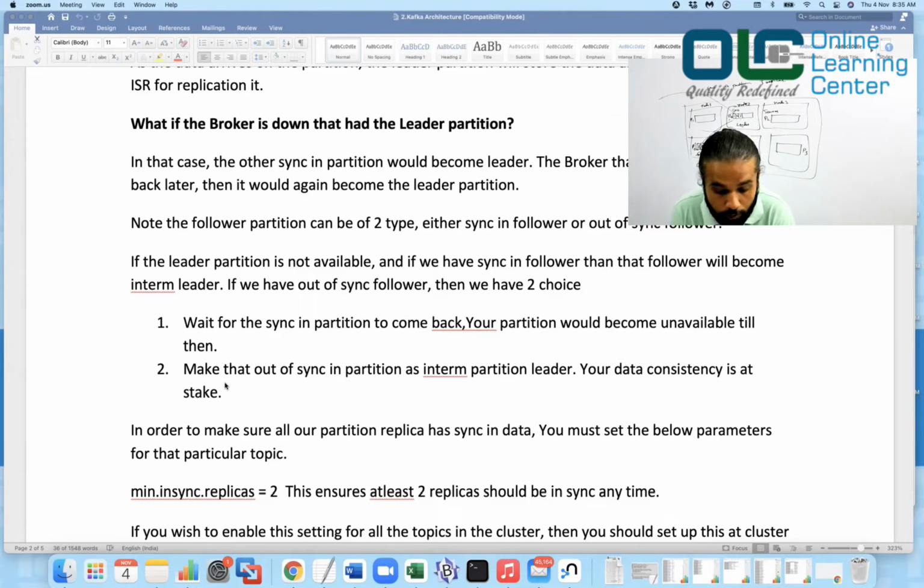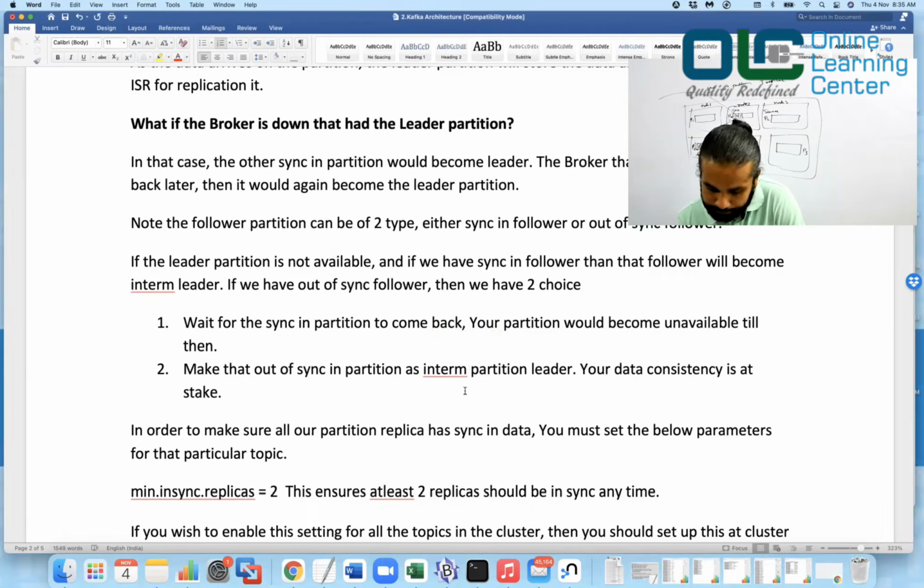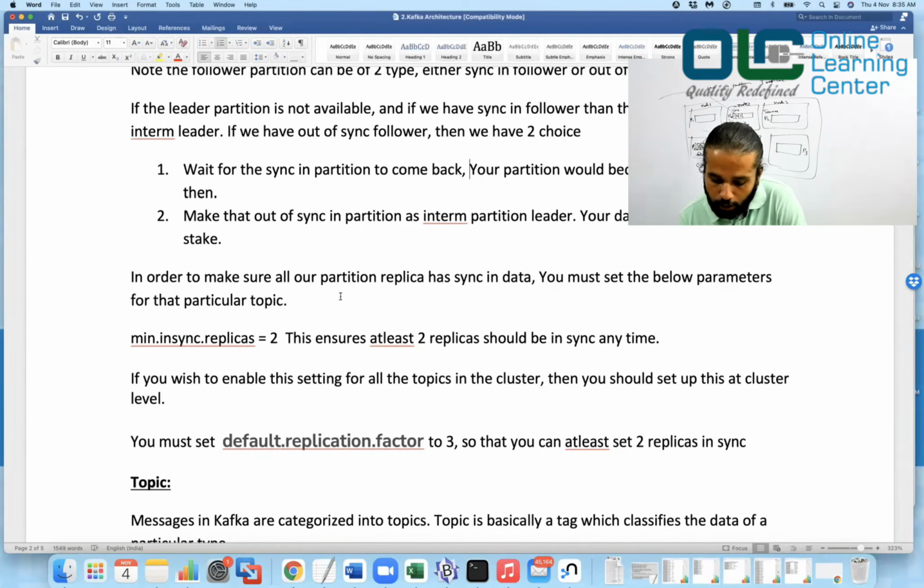Okay. But then the problem would be your data consistency is at stake, because you cannot guarantee that the data which you are giving to the consumer is the recent data, right? Because the recent data might not be present there. However, this is a very rare case, because the clusters are very expensive, and they are monitored so frequently, the backup would happen seamlessly and you would not see this kind of problem most of the times. But if you get to see this problem, then it is basically the admin who should get into this.